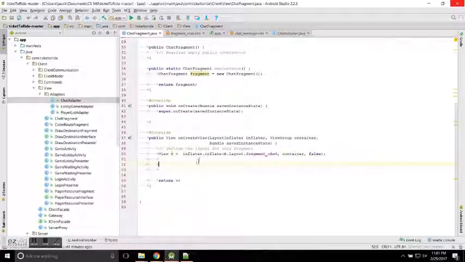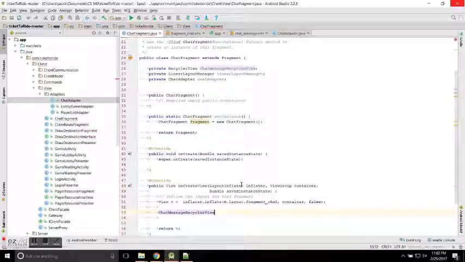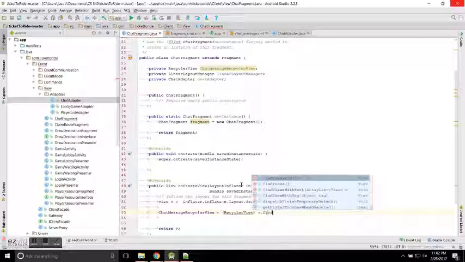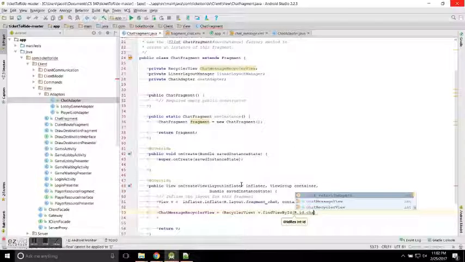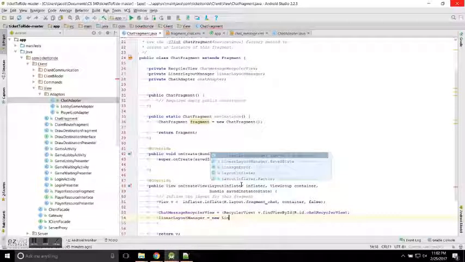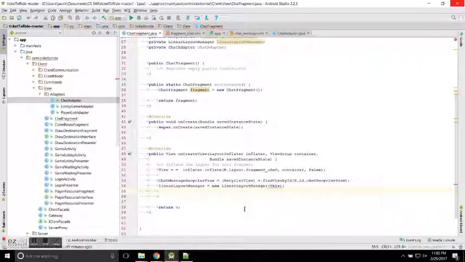Now we're going to come down into the onCreateView. We're going to go ahead and wire up a recycler view. Now we're going to go ahead and set up our linear layout manager. And then we're going to go ahead and set up our adapter. Actually, no, first we need to set up our recycler view layout manager. So we're going to say